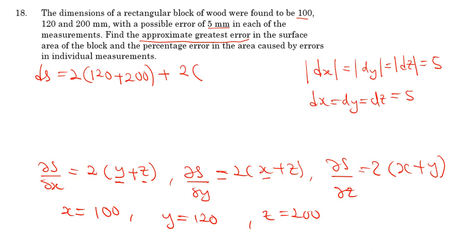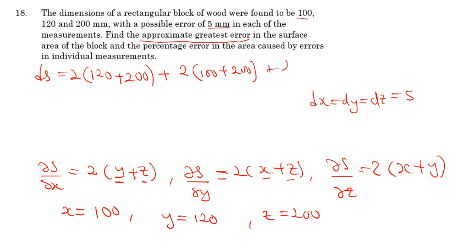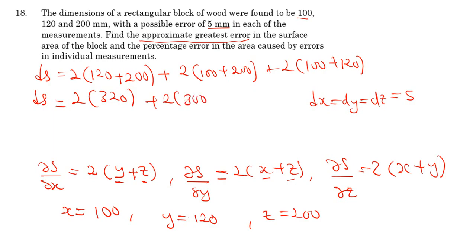Then x, my x is 100, so 100, plus then my z is just 200, so 200 there. Okay, then from here plus again 2, then I see my x is 100 and my y is just 120, so I'm adding all this. This gives me the greatest approximate error. So when I add those there, this will be 320, plus add the 2, I get 300 there. Then plus 2, add there, I get,